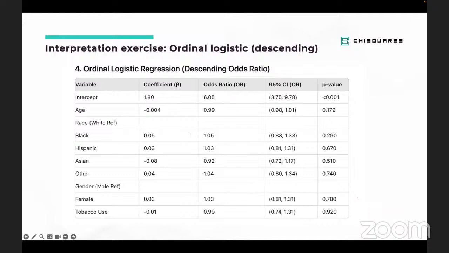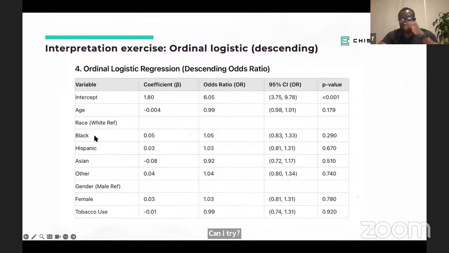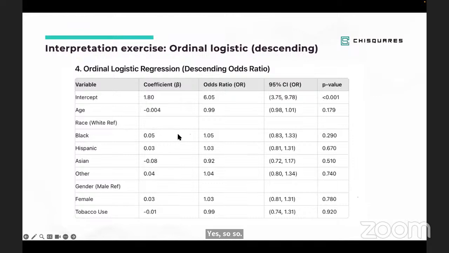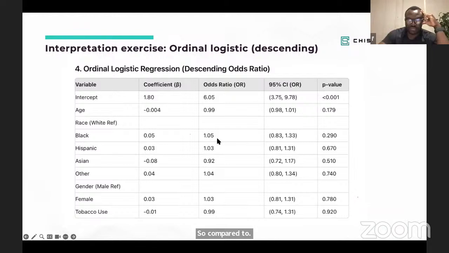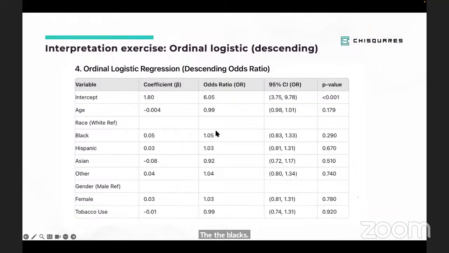Can I try? Please go ahead. Yes, compared to whites, the blacks have 1.05 lower odds of